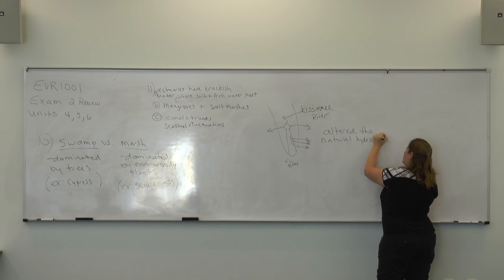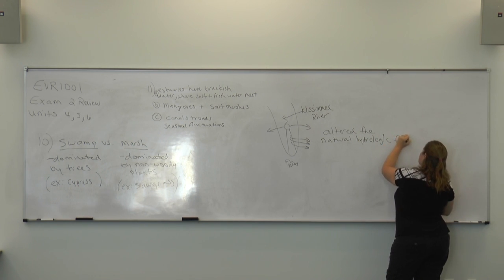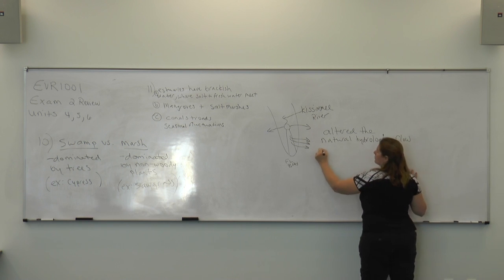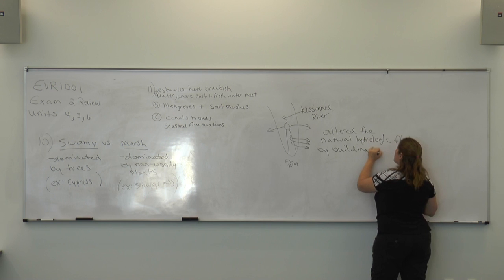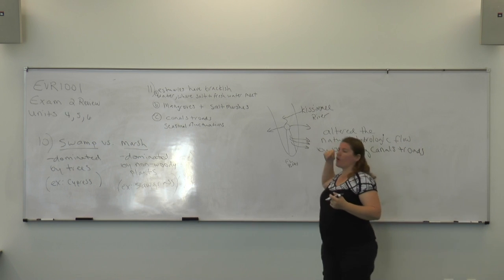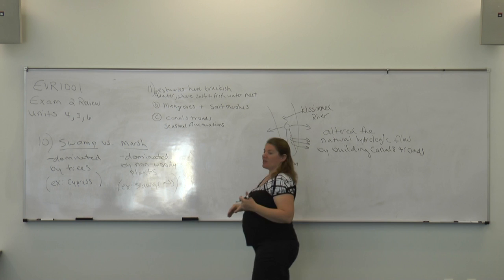Hydrologic is just a fancy way of saying water. We altered the natural flow of water by building canals and roads. All of this draining of the water out of the Everglades and from Lake Okeechobee,